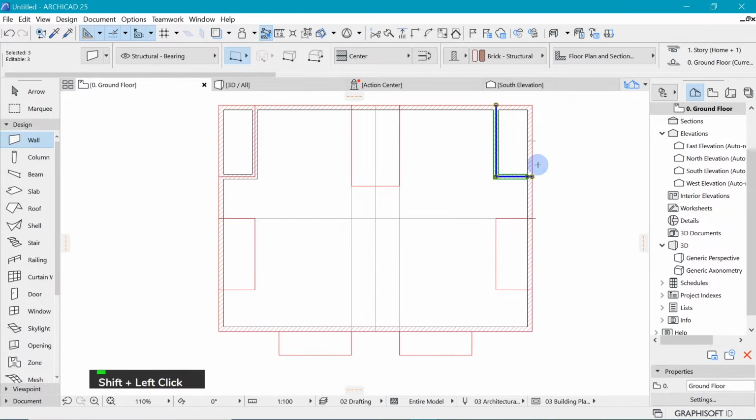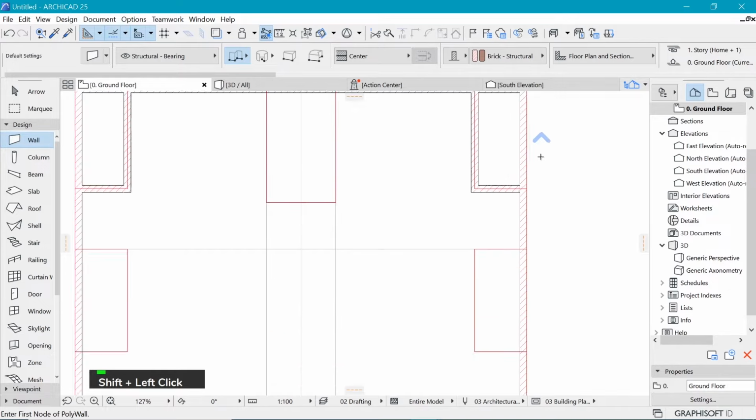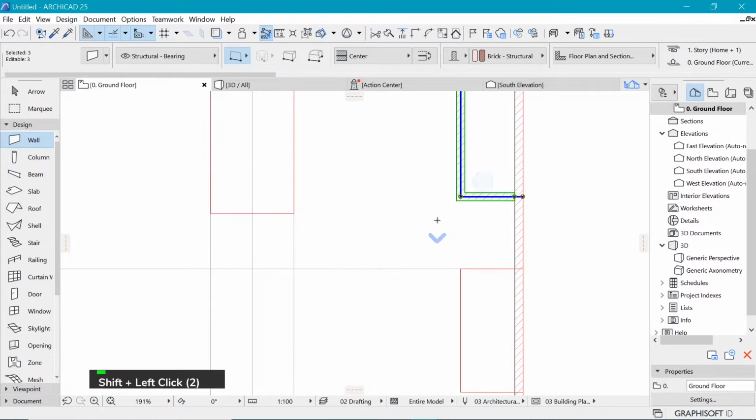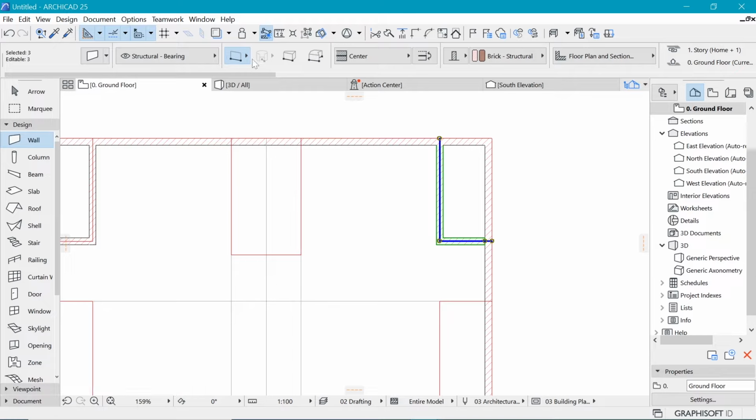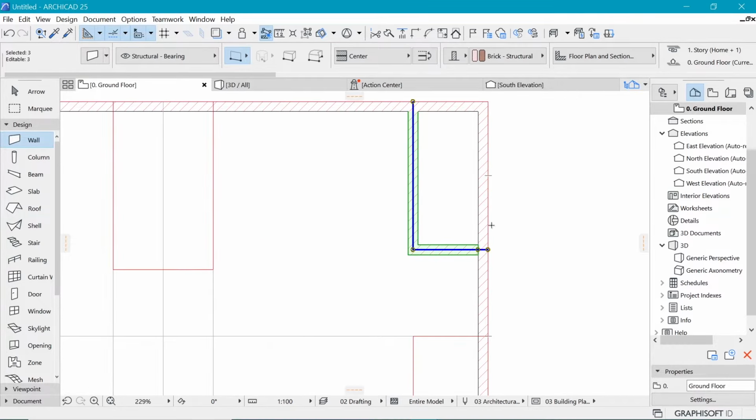I think I left in some wall here, and because we chose the polygonal method, you can see these have been identified as one element. Now in order to be able to edit them, you might want to click on this icon here, which is ungroup, for ungrouping elements temporarily. So once you click that, now you should be able to select elements independently, and I'm going to delete this